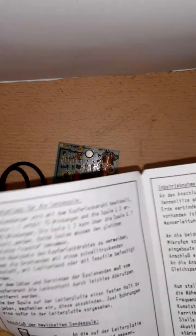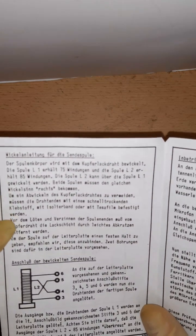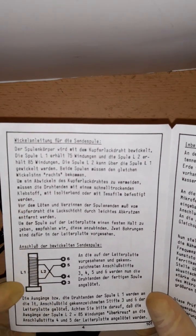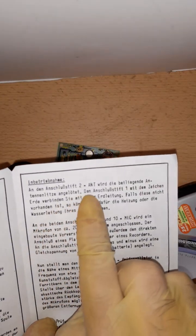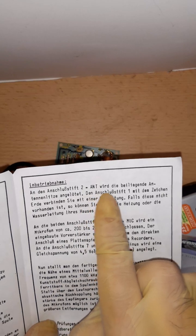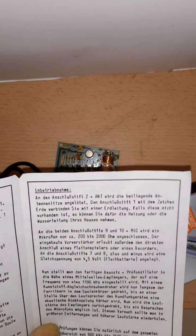I can go through. So this one talks about how to wind the coil, the technical details. Here it shows you how you connect the coil to the board. Here it tells you how to power the transmitter. And here it says connect the antenna wire to the thing on the board that says antenna, which makes no